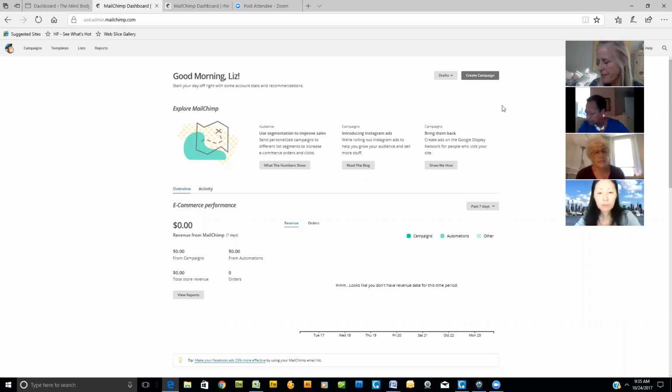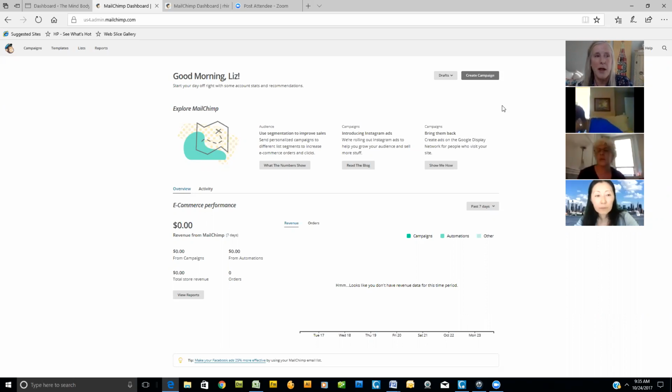And MailChimp, all email service providers are somewhat similar. I've been into Aweber. It's a little more complicated because they're dealing with people that know how to do online marketing. It's for online marketers. And they're all getting more sophisticated, so don't feel alone if you're frustrated in trying to deal with any of these anymore, because they're catering to people that know what they're doing with marketing, although they're also catering to small